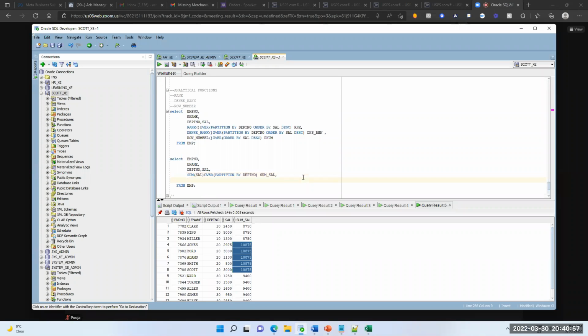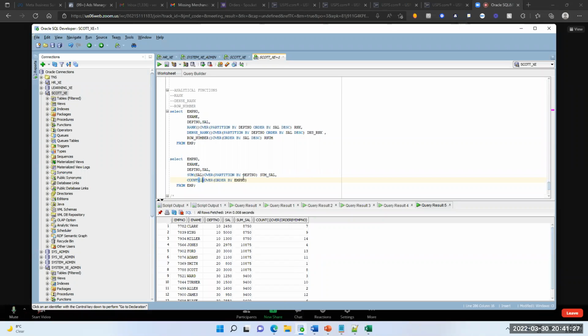Count of, over, order by employee number.